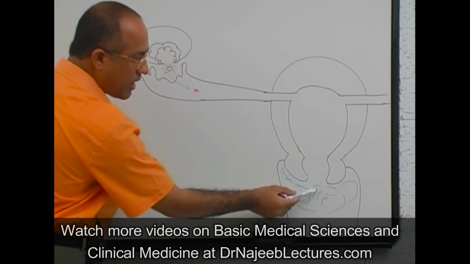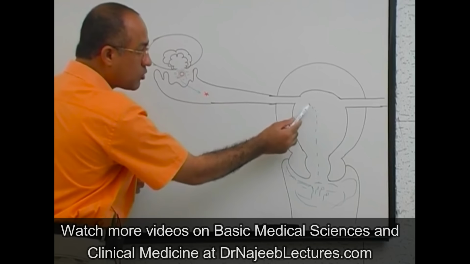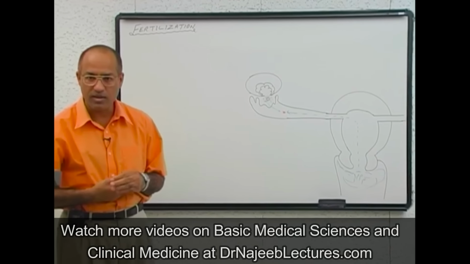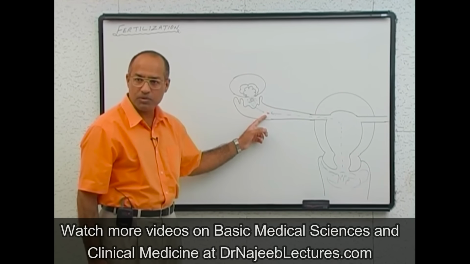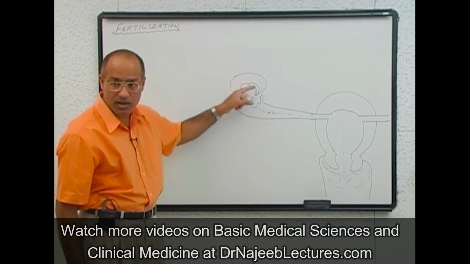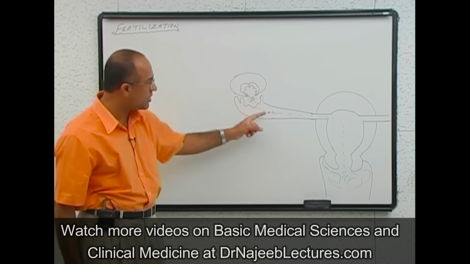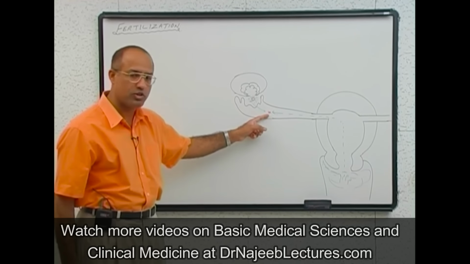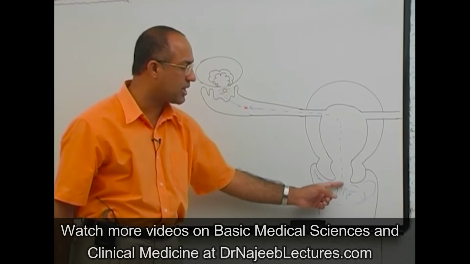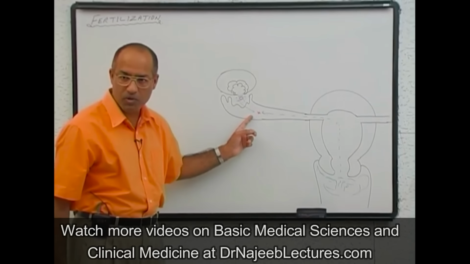Now, sperm has to travel through the cervix, through the uterine cavity, through the fallopian tube up to this point. It means that for the fertilization process to occur, male and female gametes should reach the ampulla. So the ovum should be transported after ovulation when the ovum is released, right? During ovulation, when the ovum is released, it should be transported to the ampullary region, and of course sperm should also be transported from the upper part of the vagina through the cervix, through the uterine tube, through the isthmus, and then to the ampulla, and there they should fuse.